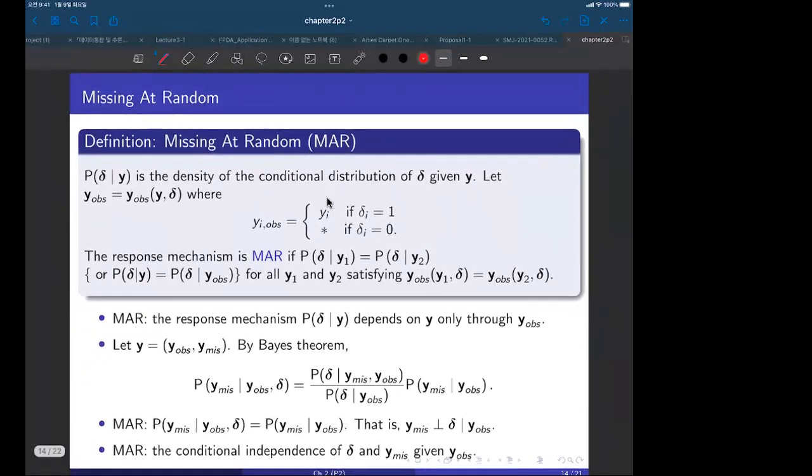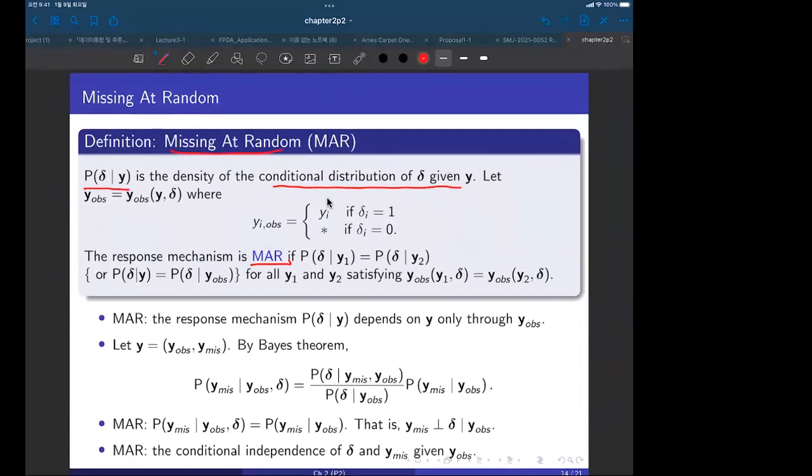Okay. So here's the setup. Remember, this is bold, so this is a vector. But anyway, this is the conditional distribution also. This is about the missing mechanism, and this is our definition. And the response mechanism is called missing at random